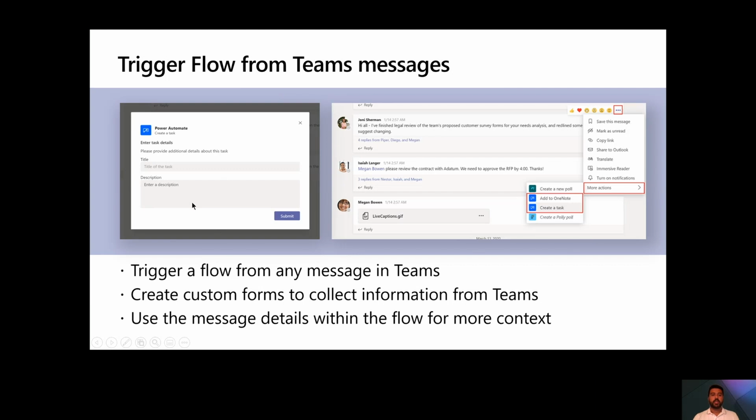For instance, in this case, we're looking at creating a basic task from a message and using the message details within that task. So things like who sent the message, what the message details are, who's been mentioned, and so on and so forth. You can use any of the details within that message as an entry point for your process. So you could, for instance, if there's a message that says, please review a contract, you can just kick off a little action that says, create a task so that I know that I have to get back to